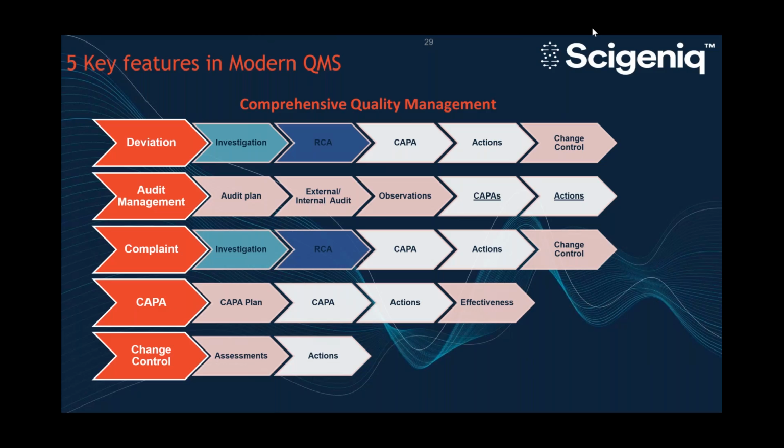Right. So the second functionality we need in a quality system is basically a comprehensive system where we have all the quality modules in one place, in one ecosystem. So imagine here, for example, I have my deviation, I have my complaints. Usually the quality system will create investigation records and root cause analysis, CAPA actions, and it might lead up to a change control. In the same way, if you look at, for example, complaints, you can go the same path, but with different records, but all of these records should be connected to each other